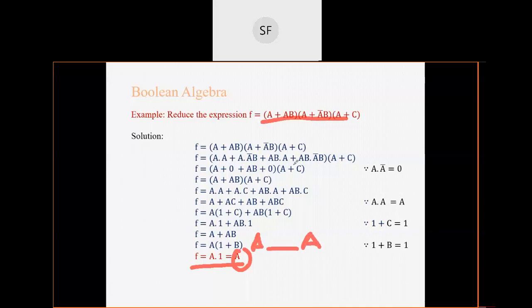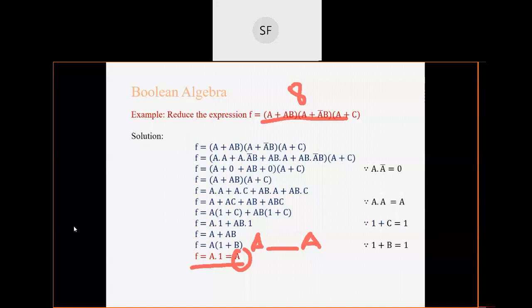But if you do not do simplification, what happens? 8 gates you were requiring. So that is why simplification, also called minimization, is important. Simplification and minimization of Boolean expressions are very important in digital electronics. It will decrease your resources and the number of gates. When the number of gates decreases, the complexity decreases and your circuit becomes simple, right? So just remember that simplification and minimization is important for this reason.